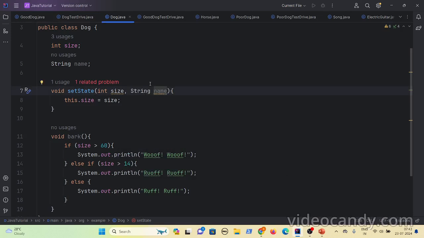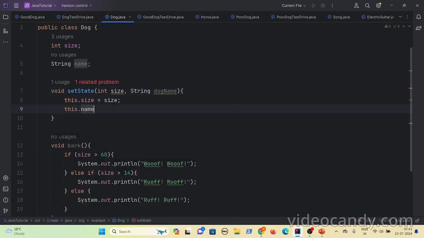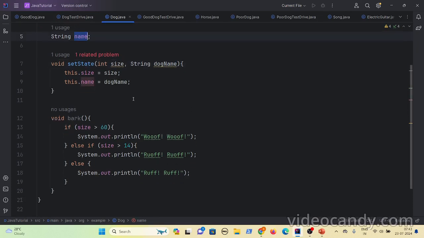Here you see this.name equals dogName. So you are taking the dogName and setting it to the name. If you closely observe these methods, this one doesn't have anything defined here, but this method has a few things defined.